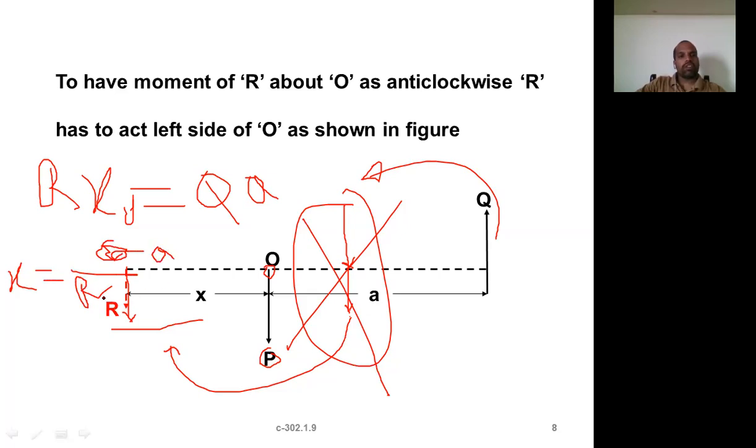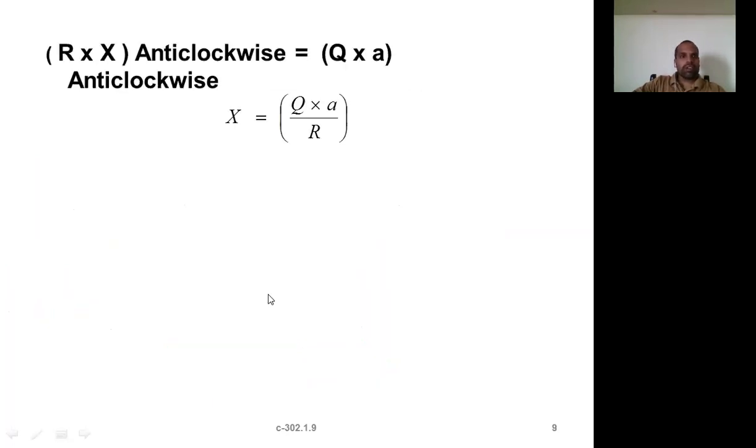That means you know the forces, you know the resultant, you know the distances, so you can find the distance of the line of action of the resultant force, that is nothing but X. From this you can find the X value. Right. Okay, now let us go to the next one. Anti-clockwise, R into X. X is equal to Q into A by R. What is R? P minus Q. The resultant is equal to P minus Q because for two unlike parallel forces, the resultant must be the difference of these two. So that's P minus Q.